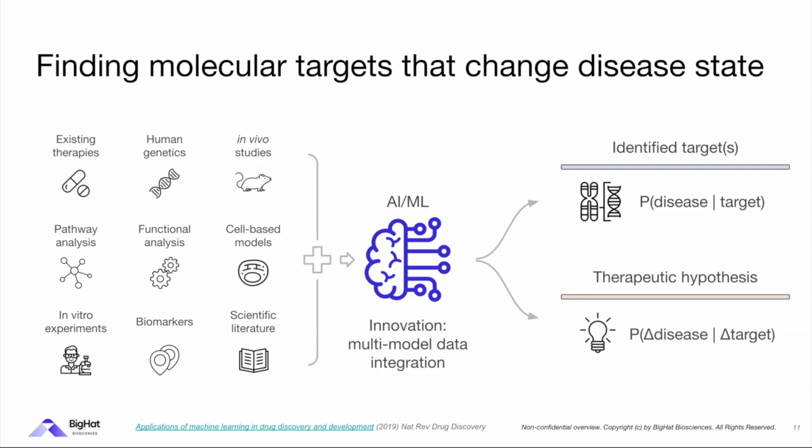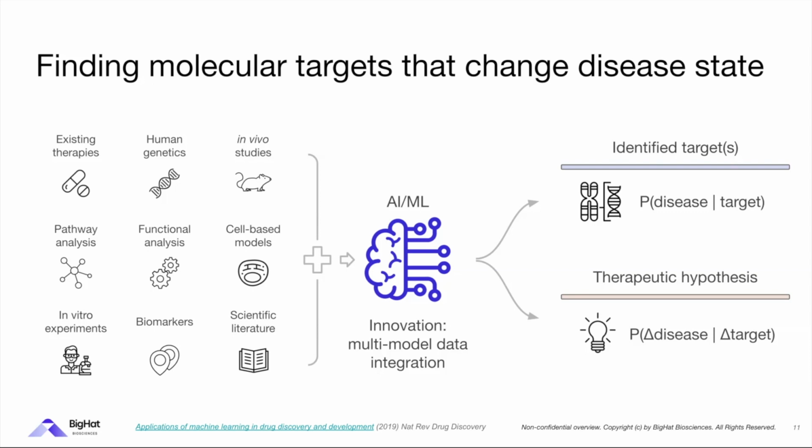And I wanted to emphasize that there's really two problems that the AI/ML systems are able to solve. And they provide, more than just a statement, this is a good target or not. They give you some sense of a probabilistic estimate. But there's two real pieces, right? One is identifying the actual target. This gene is involved in a disease. You can envision that as giving you an estimate of the probability of that gene being involved in disease,